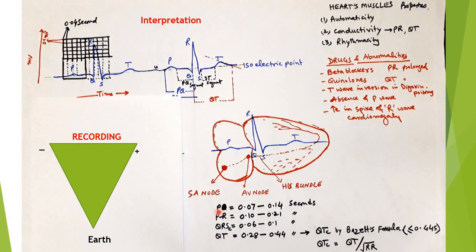These are certain reference values. If you go into the details, QT is usually expressed as QTc, the corrected QT interval, usually by Bazett's formula or the Birmingham formula, which other scientists have used. Regarding Bazett's formula, this formula is used, and this value should be equal to or less than 0.44